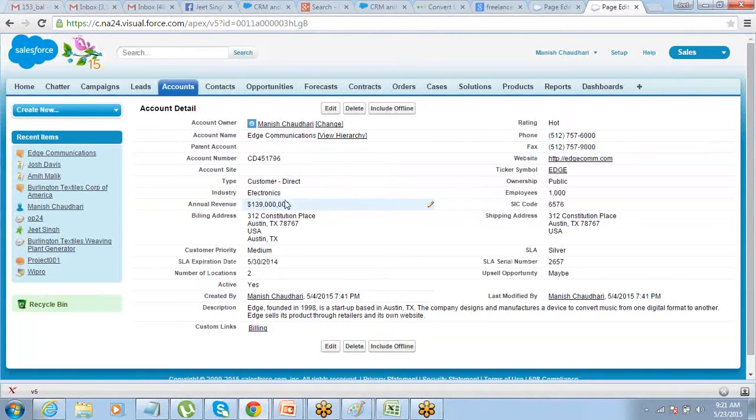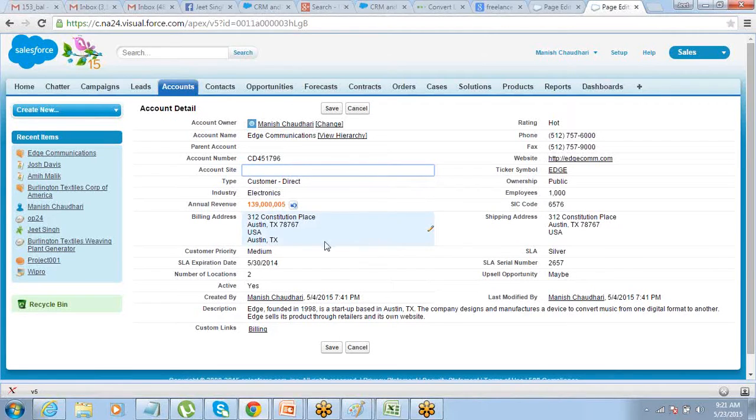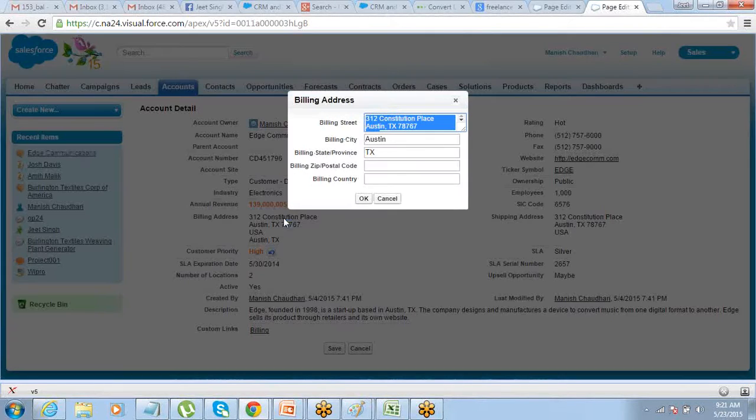Now you see, the moment you take your mouse here, it gives you an option of editing it. Double click, change it whatever you want. Customer priority, change it, high priority. Address, you want to change the address.